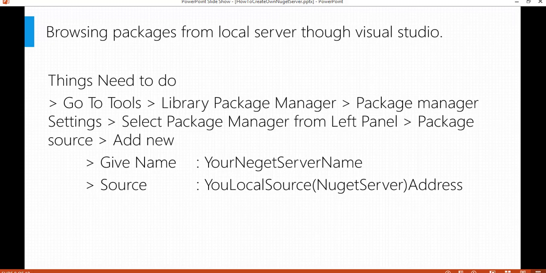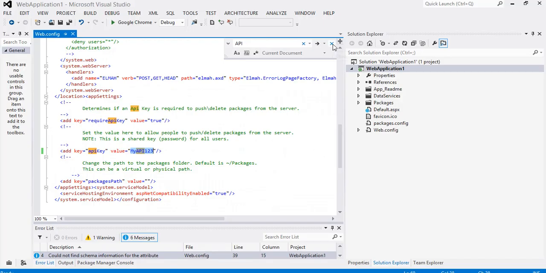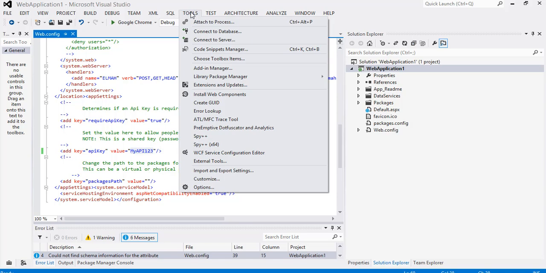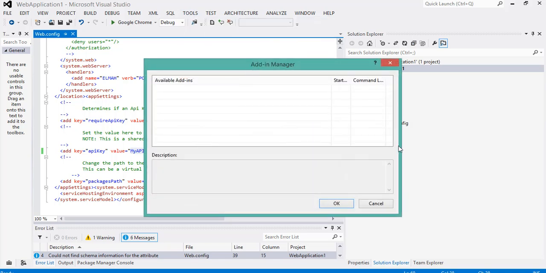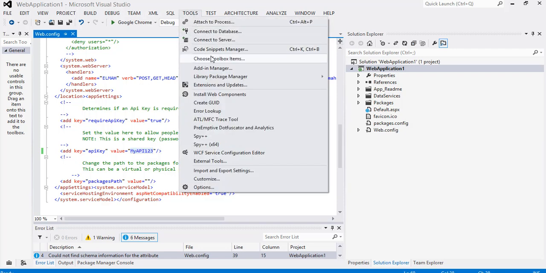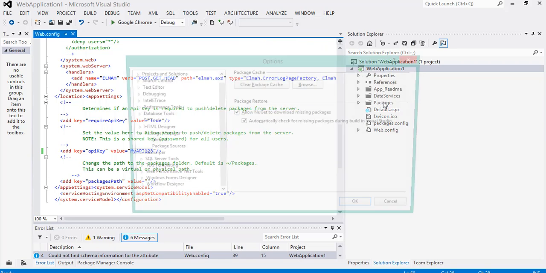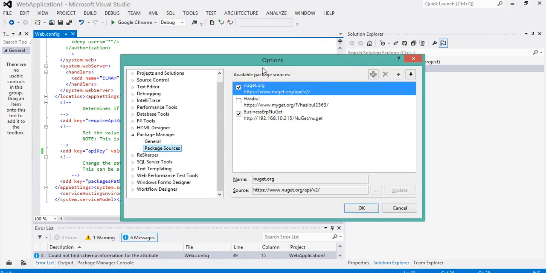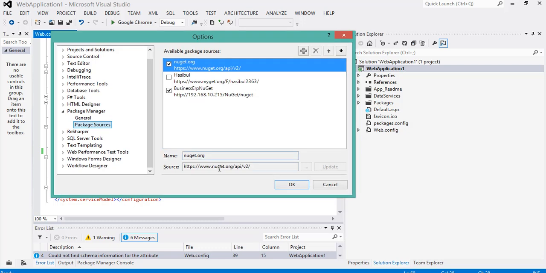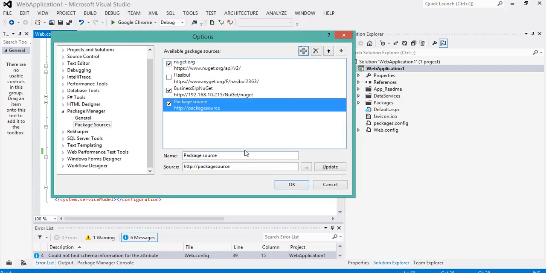So move to Visual Studio, and from there you get the Tools menu, and from Tools, Package Manager Settings. From there you have to add your own repository address here. So I want to add new, and this is called my NuGet, and the address is